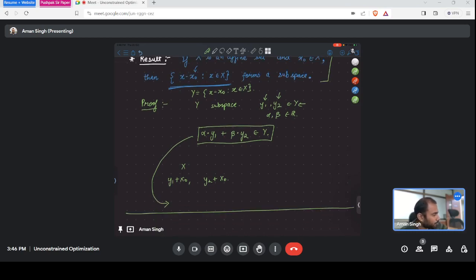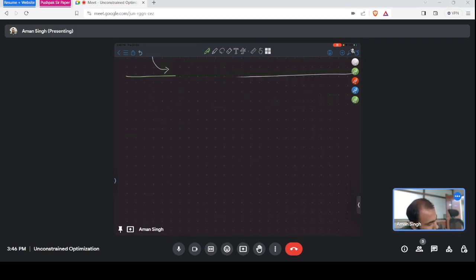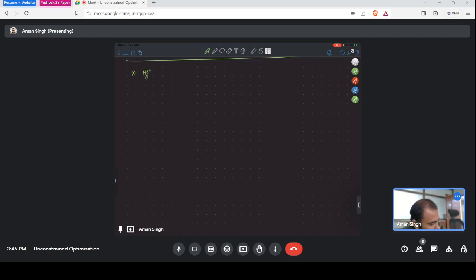Now let's make two more definitions for completeness, and then we'll move on to convex sets. So the first definition is affine combination. Let X be a set of discrete points. Now some y is an affine combination of points in X